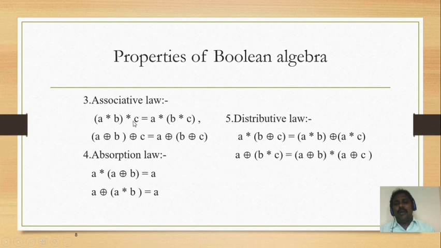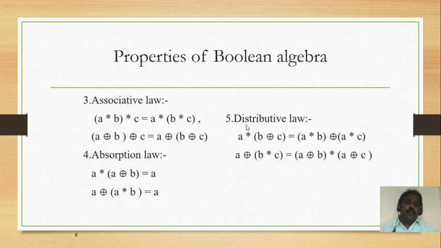Associative means simply I have to adjust the brackets, that's enough. Associative means I have three elements, three variables A, B, C, and they are separated by brackets. So this is the associative law. A exclusive (B exclusive C) equal to (A exclusive B) exclusive C. Next, the absorption law: A star (A exclusive B) equal to A, and A exclusive (A star B) equal to